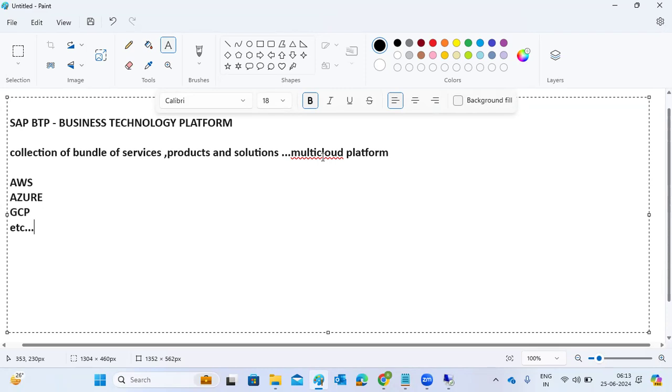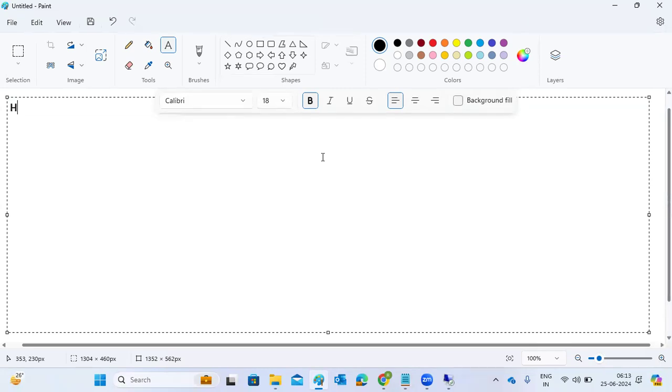Sir, first of all, when did SAP introduce this BTP, and can you tell me about the history, right? So let's talk about the history of SAP BTP here. How they have rebranded, when they launched, when they started this platform as a service, what changes happened, and why they changed it to BTP, Business Technology Platform here, right? So let's come to that point, the history of BTP.